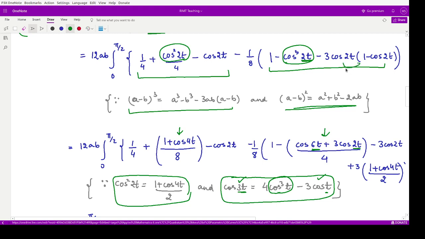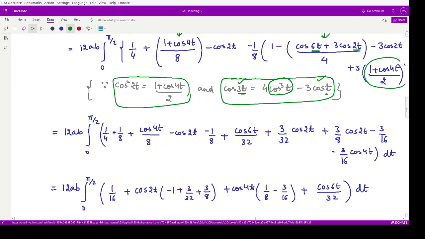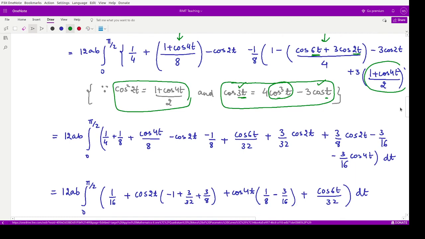Moreover, when you simplify this, you again have this cos square 2t. So for the cos square 2t term, again I can use this formula of double angle. So it would be 1 plus cos 4t divided by 2. So these are the simple trigonometric calculations that you already know how to perform. So I can collect all the constants here, open up the brackets. When you simplify this, you will have this value. Then you can take the cos 2t terms, and then this would be this one, and then cos 4t would be this one and this one.